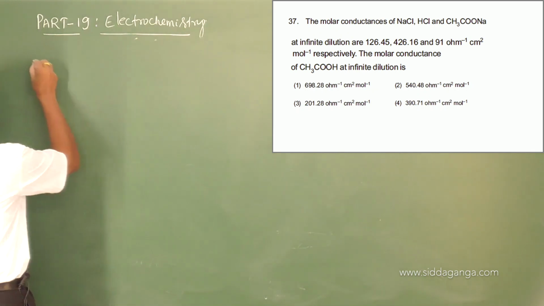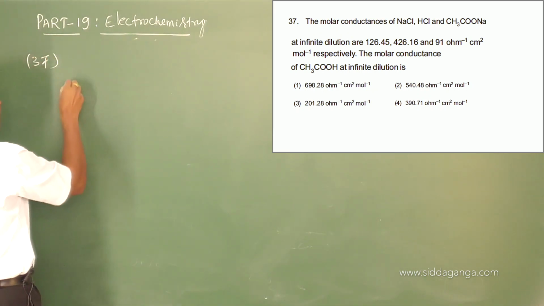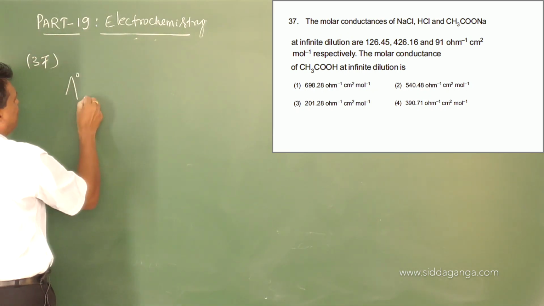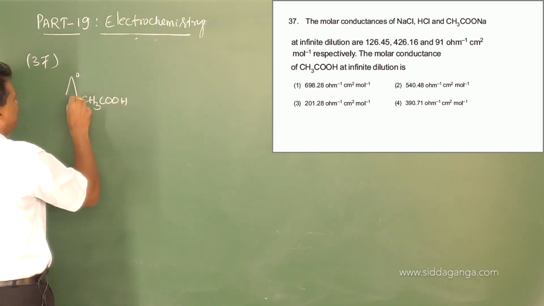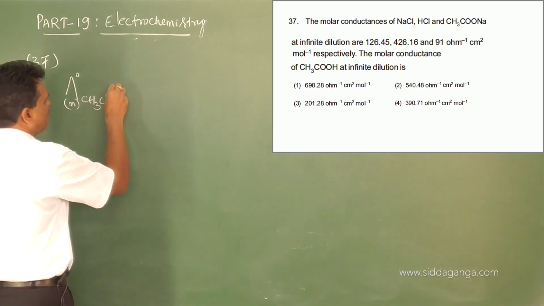So for question number 37, the molar conductance of acetic acid, CH3COOH, at infinite dilution, it is equal to